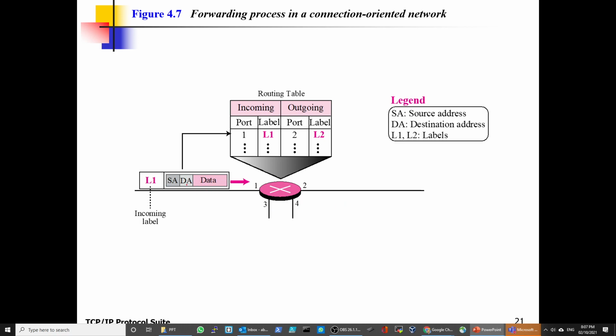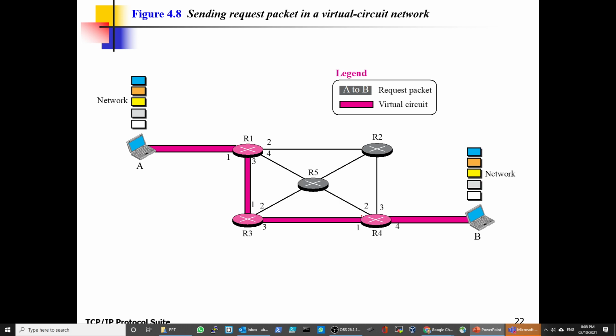There's data, a destination address, a source address, and a label will be added in here, the incoming label. So this label is port 1, you're going to port 1, label 1, and the queuing is going to port 2 and label 2, and then it will be transmitted through the label.